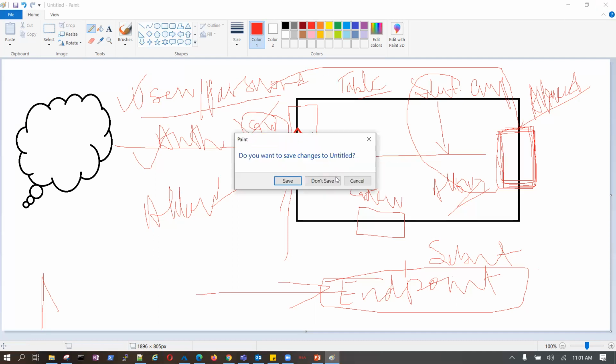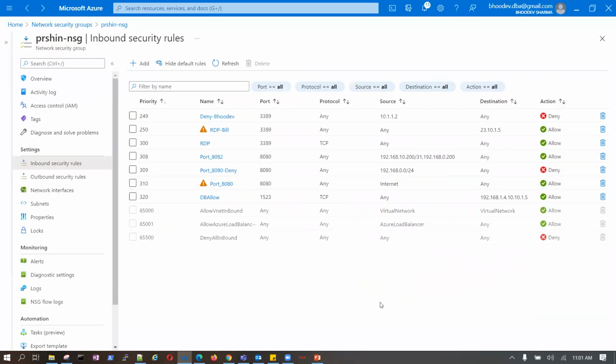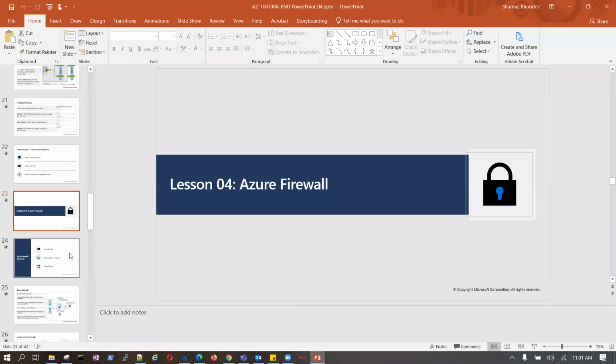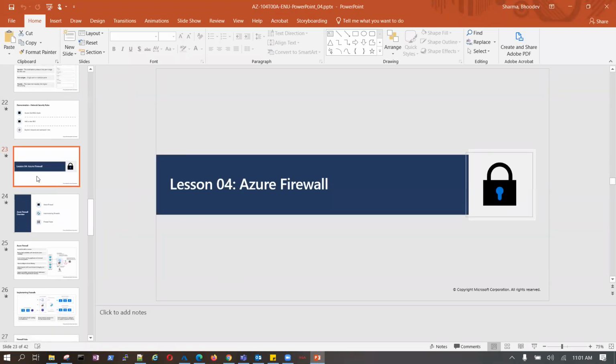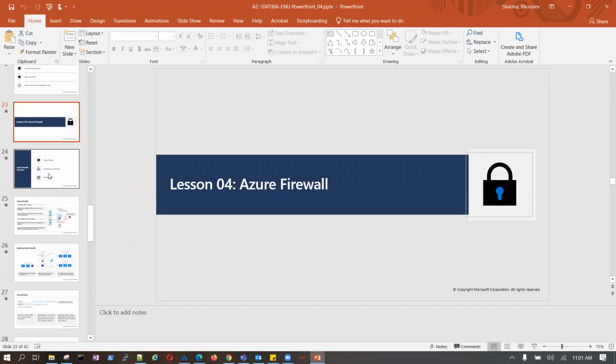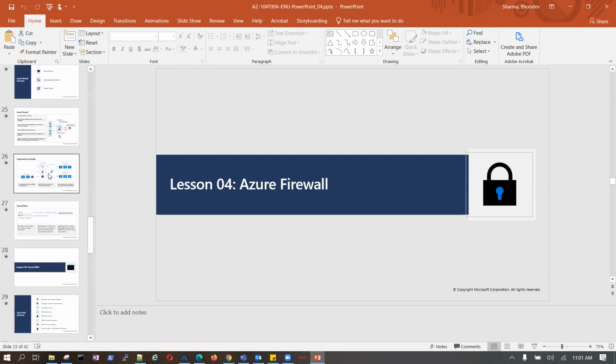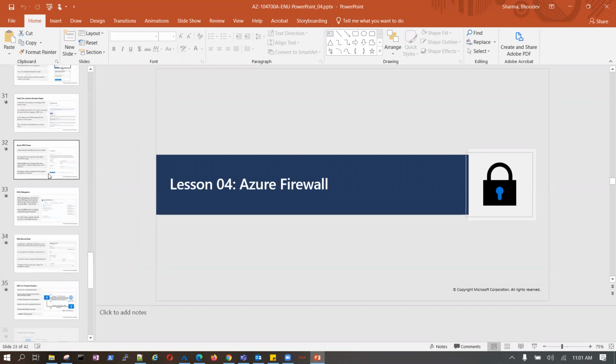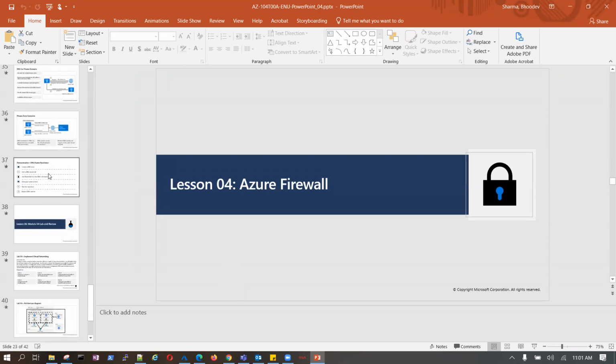So guys, any other question before we go ahead, or we can take a break, whatever your wish, I'm okay with that. Either we can take a 10 minute quick break, then we'll go with the Azure firewall. How many network sessions are you going to take? I believe there will be 2 more in this chapter.